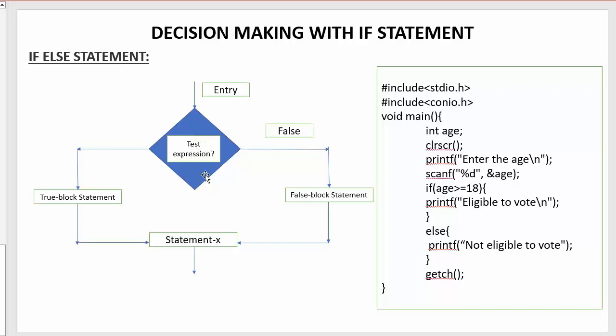Okay, so the same behavior which I have demonstrated in the form of a flow diagram, I have represented in the form of an example. Here I have written a simple C program which will check whether the value entered by the user is greater than or equal to 18 or not. If it is greater than or equal to 18, then the true block gets executed where I will display the eligible to vote message. If the value entered by the user is not greater than or equal to 18, which means it will be lesser than 18, then the false block gets executed, which is